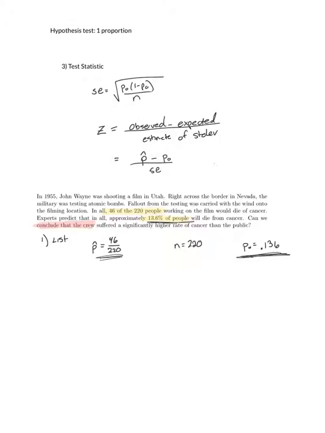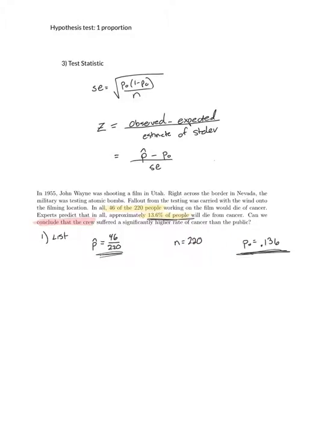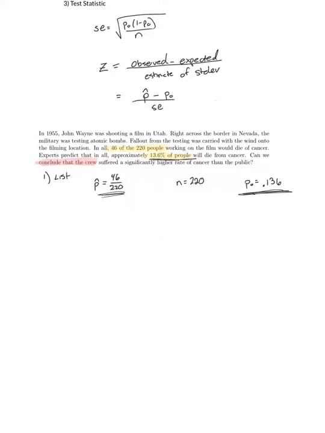Go ahead and pause the video for a second and read through the example again. This is the example we worked on when we were exploring step 1 in a previous video. I have step 1 down here with p hat, n, and p naught, but we need to fill in step 2, that is, write our hypothesis for it. So moving this up just a little bit here, so we have plenty of room. Step 2, our hypothesis,